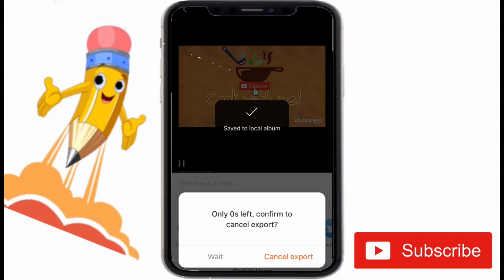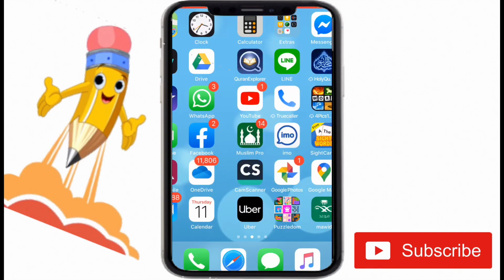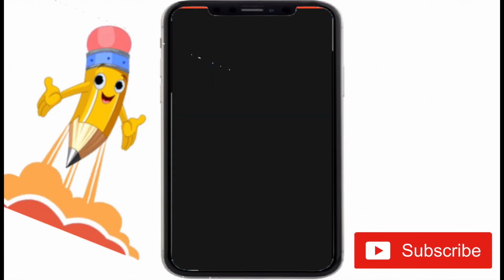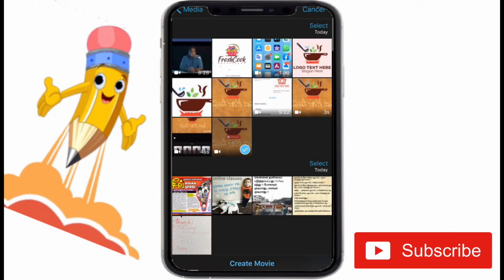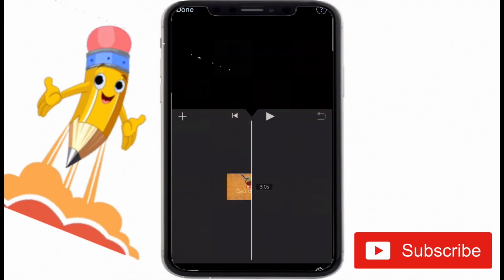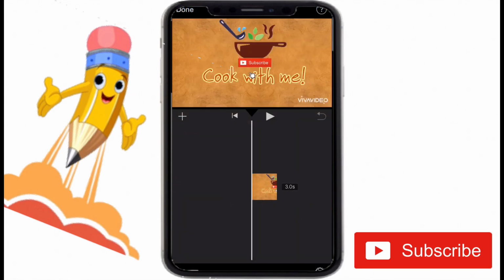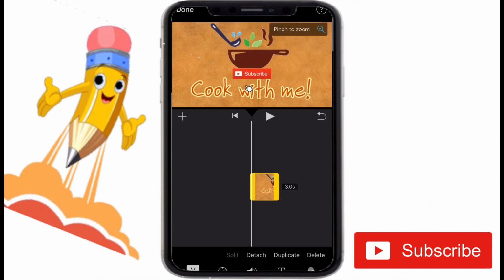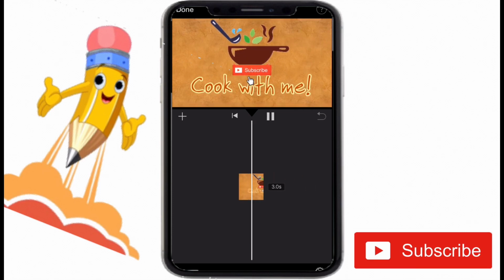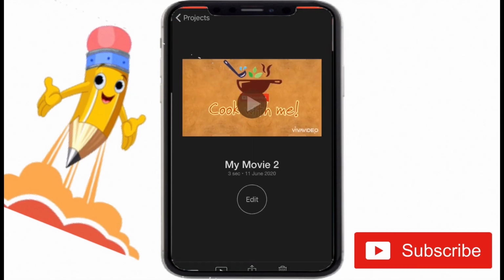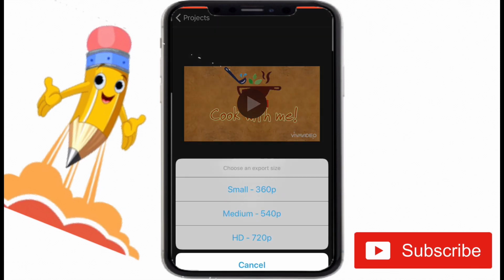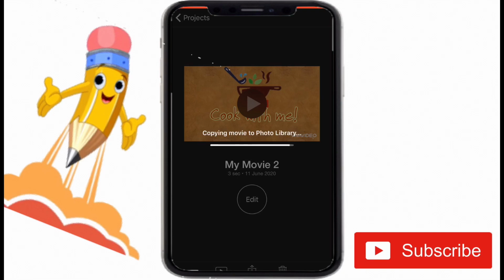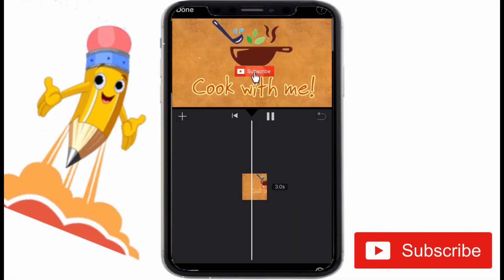Once you download this, you can zoom the videos in that and save it, so that the Viva Video watermark will disappear. Okay, that's why I said, if you can see here, the Viva Video is present in the bottom corner. So we are going to zoom the video in iMovie and omit that. In that way you can use a video which shows no Viva Video watermark. So that is what we are going to achieve now.